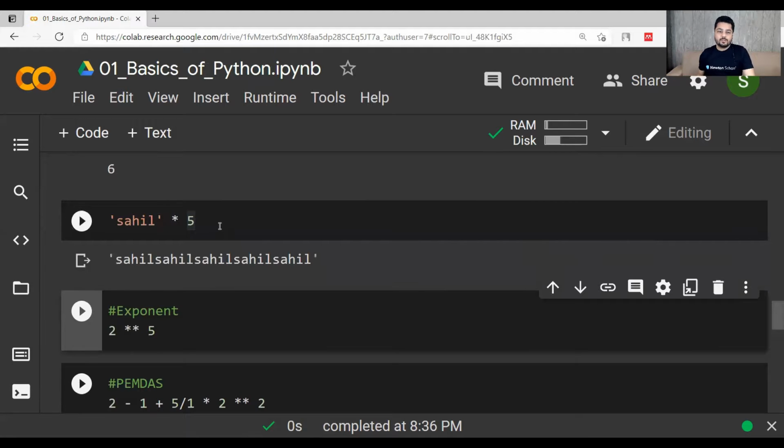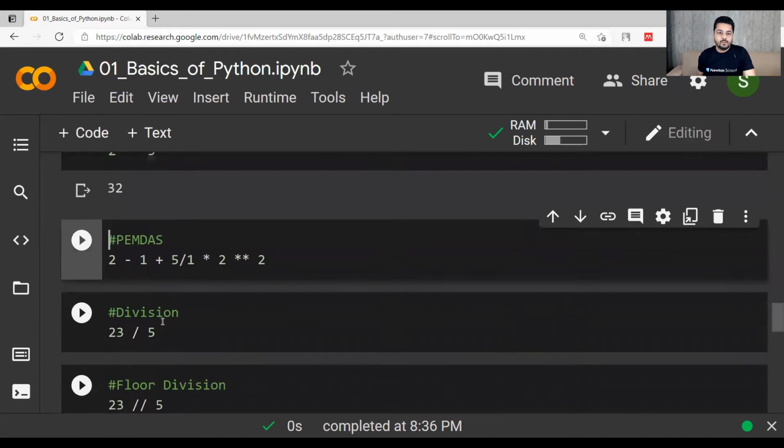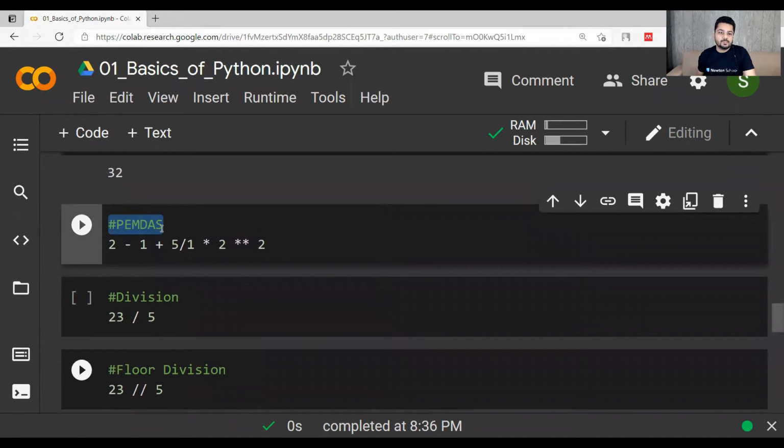Now exponent, 2 exponent 5, it will be 32, right? 2 into 2 into 2 into 2 into 2, 2 raised to 5. Now what is this? This is parenthesis, exponent, multiplication, division, addition, subtraction. So it is the precedence written here. So what will be the output of this one?